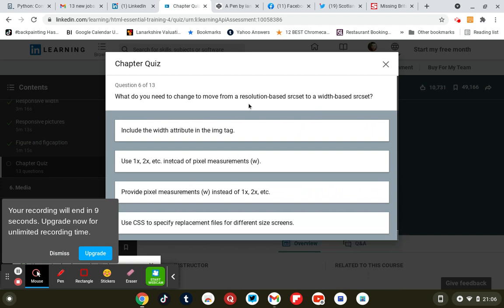What do you need to change to move from a resolution based to wide